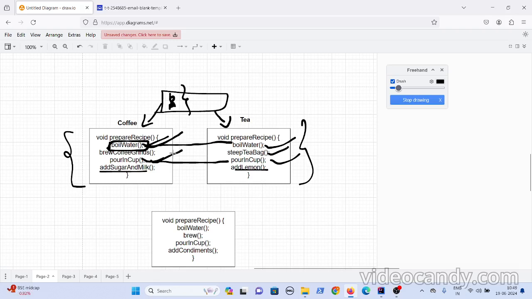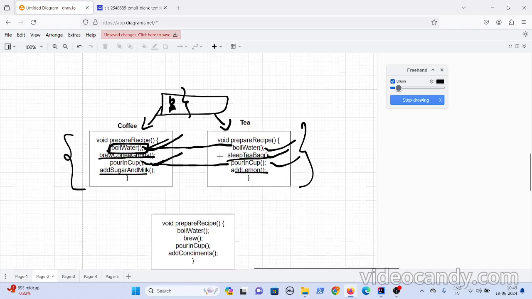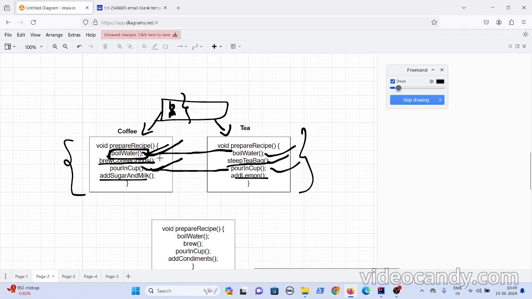No, right? If you see, brew coffee grinds and steep tea bag. So what you are doing basically, you are adding coffee beans for preparing coffee, and here you are adding the tea bag. So basically you are brewing something. For coffee it is coffee beans, and for tea it is a tea bag, okay.